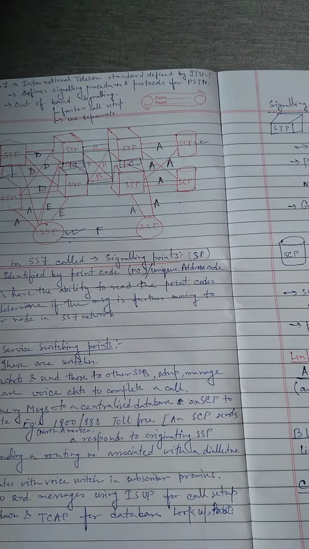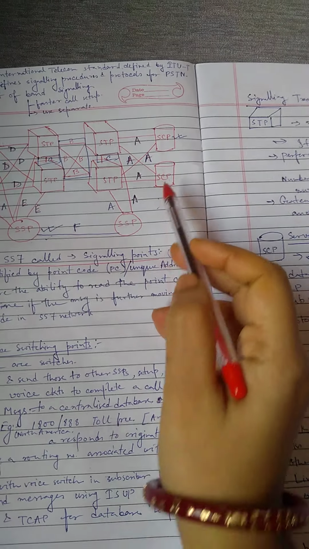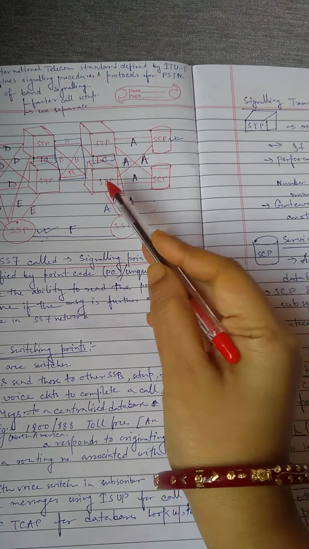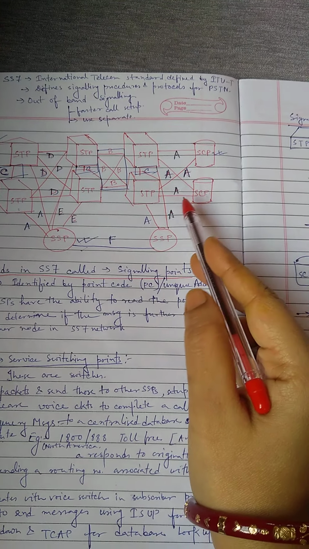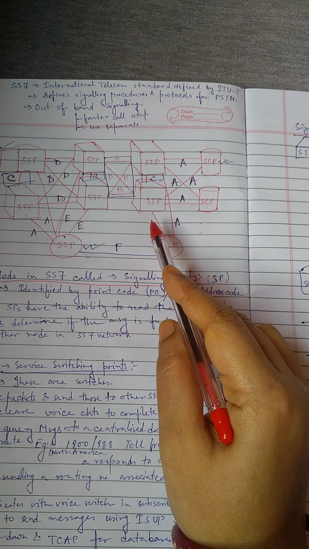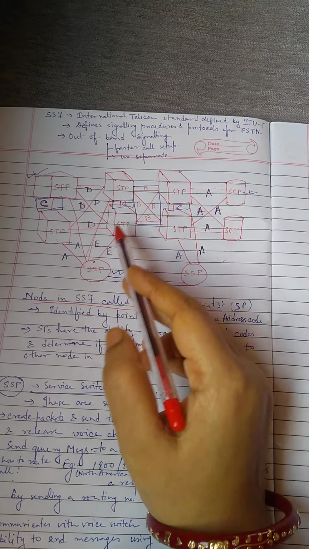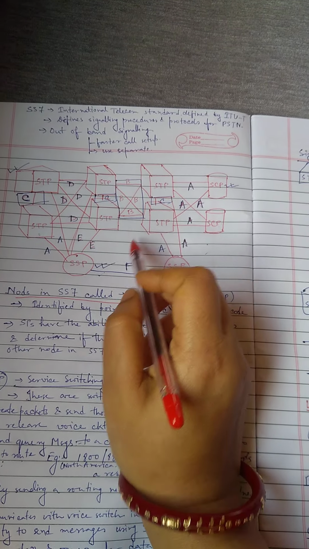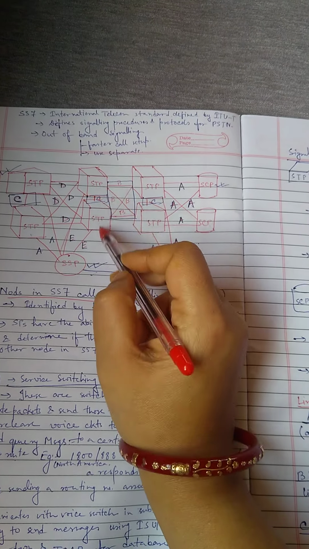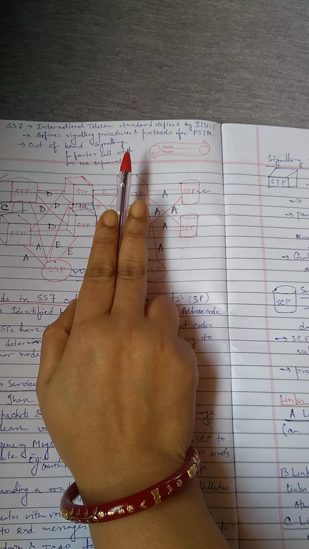So the access link will be connected between either SCP to STP or SSP to STP. Only messages originating from and destined to a signaling point are transmitted on an A link. B link is between STP to STP. A quad of B links interconnect primary STPs, or the STPs from one network to the STPs of the other network.